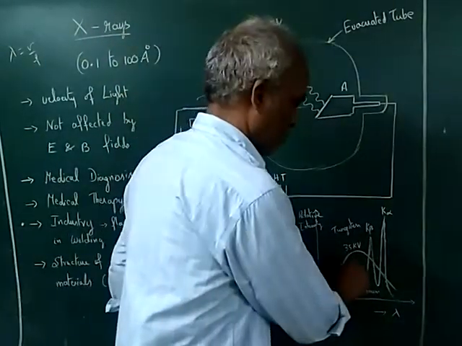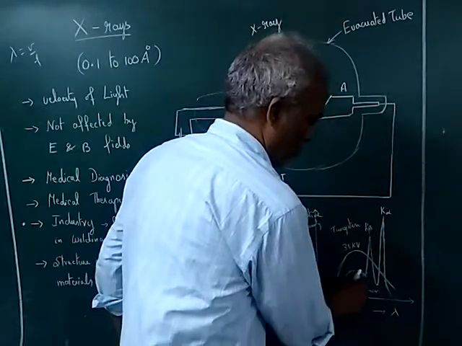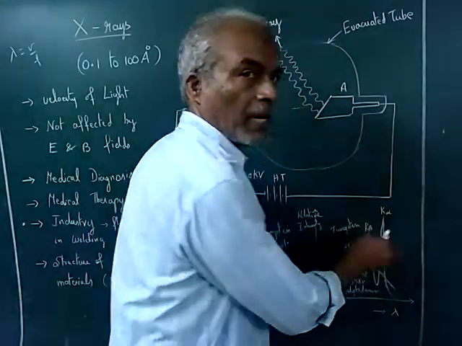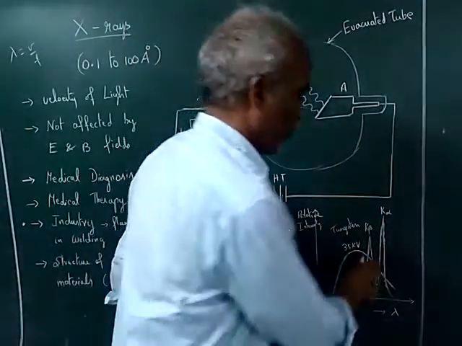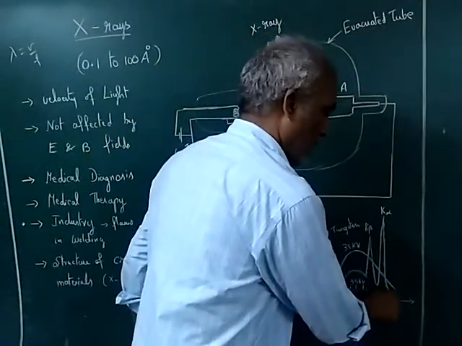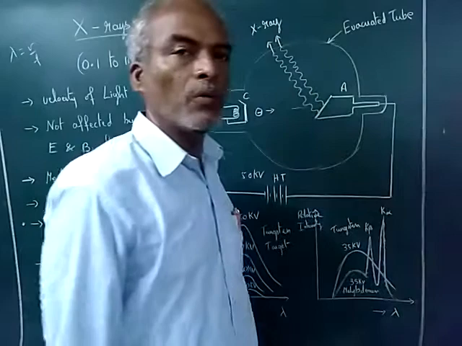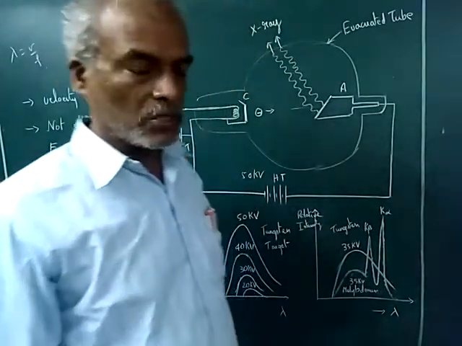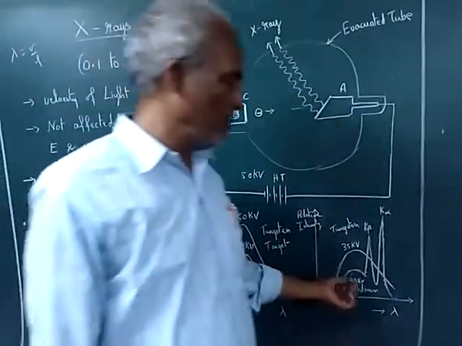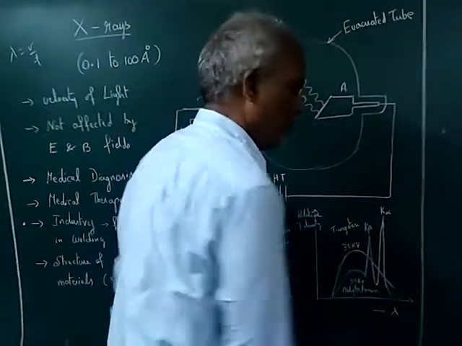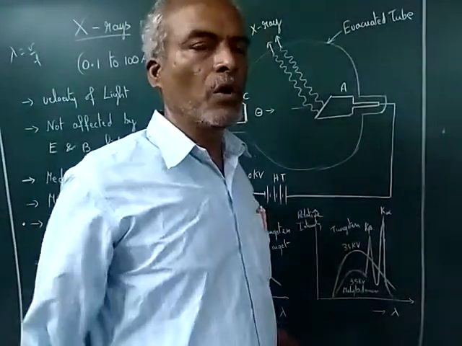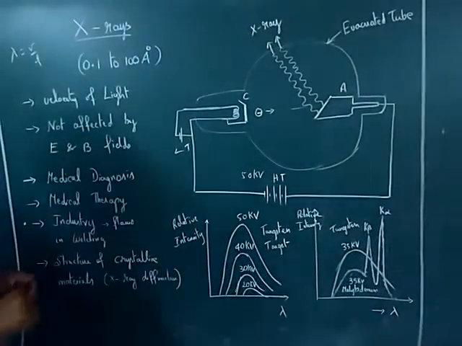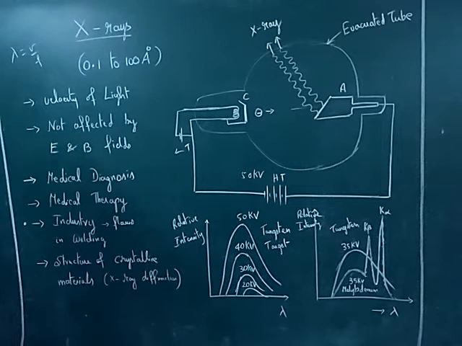Tungsten has a response like this, whereas molybdenum goes like this. At one particular wavelength, we have K beta where the intensity is maximum and then falls again. At another wavelength, we have K alpha, once again the intensity is very high at one particular wavelength. So we can use molybdenum at these wavelengths if we want a good intensity. So this is an outline of X-rays, how they are produced and other things.